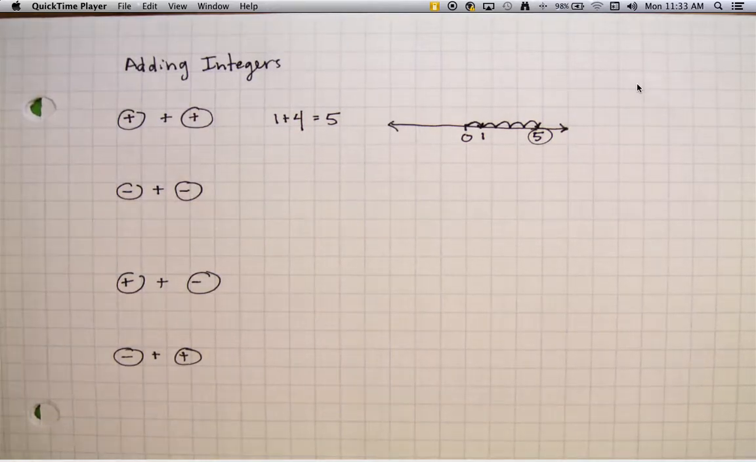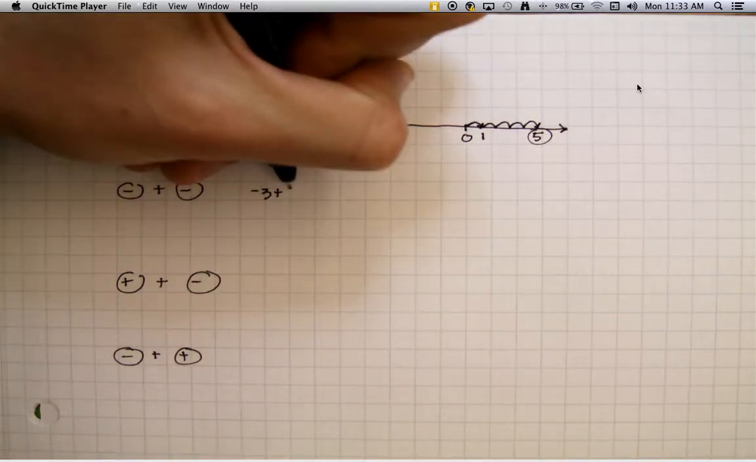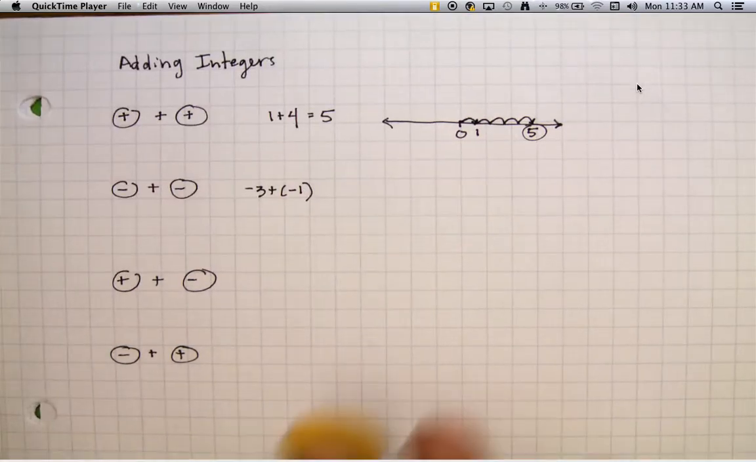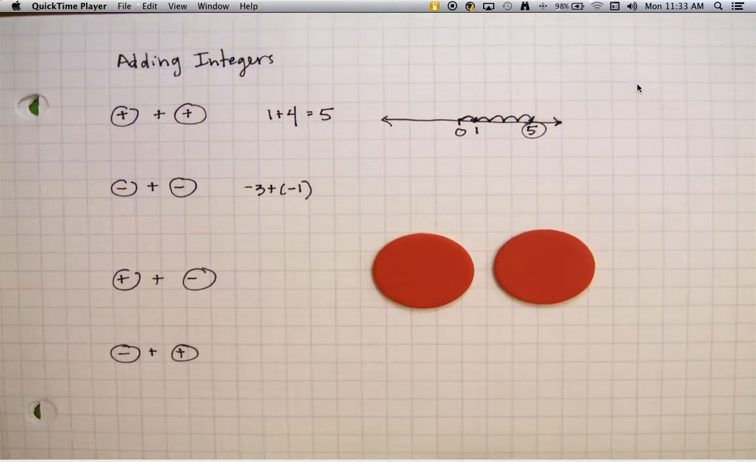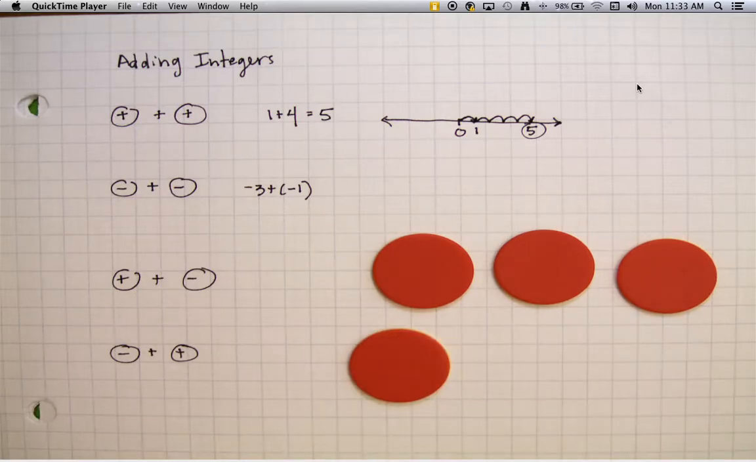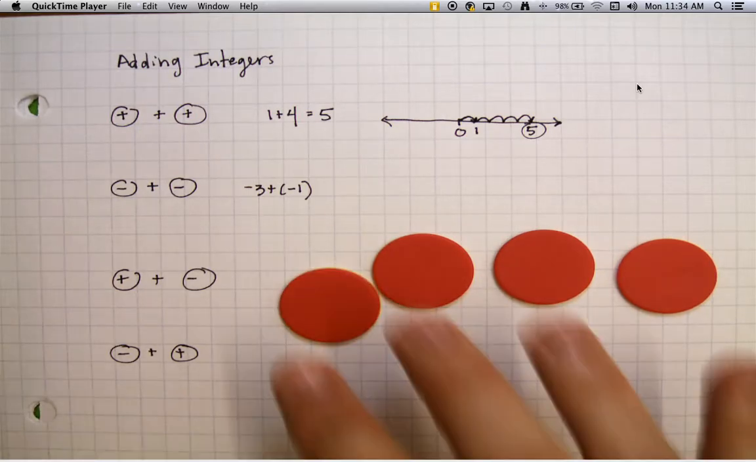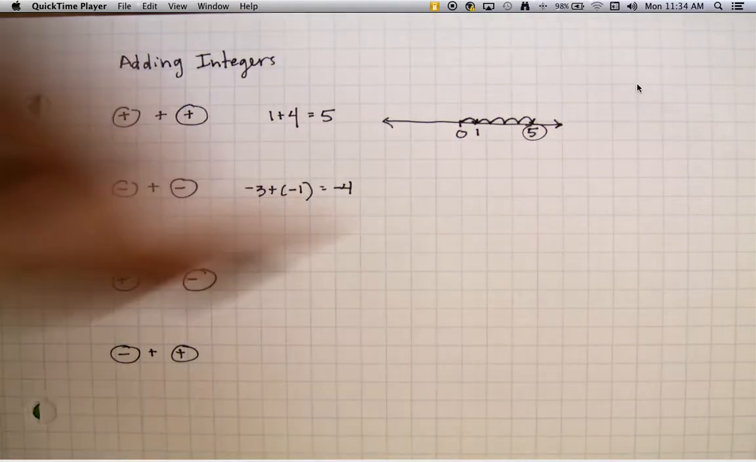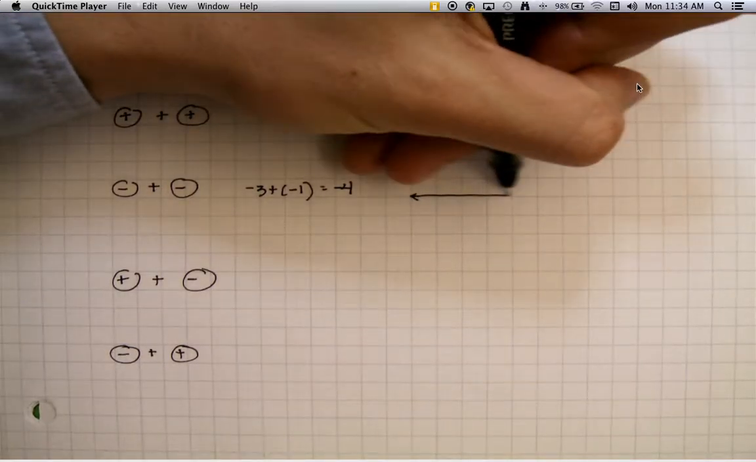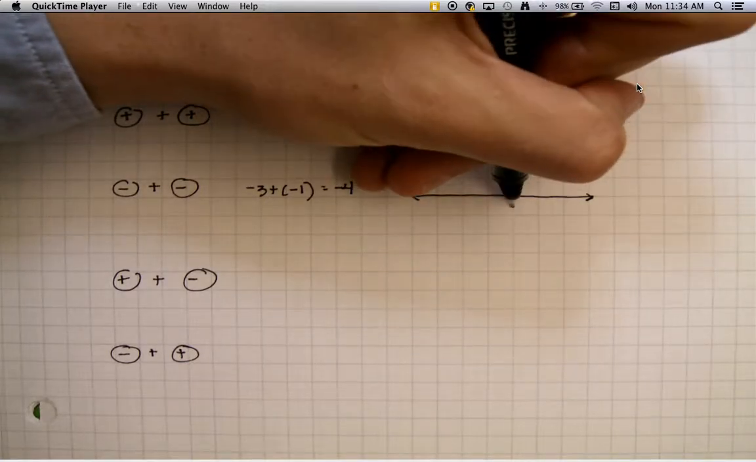We'll try -3 plus -1. Instead of using the yellow side to represent positive, I'm going to use the red side of this piece to represent negative. So if I start with 3 negative objects and I add 1 negative object, there are a total of 4 negative objects. To visualize this on a number line, this problem is telling us to start at 0,